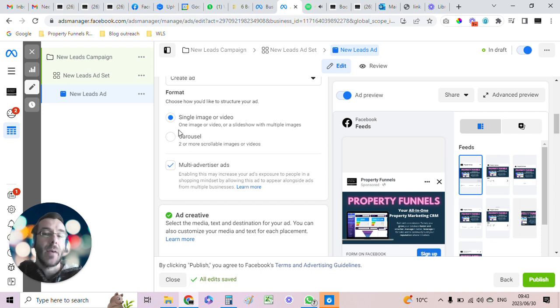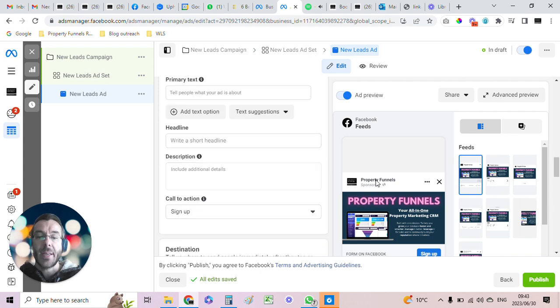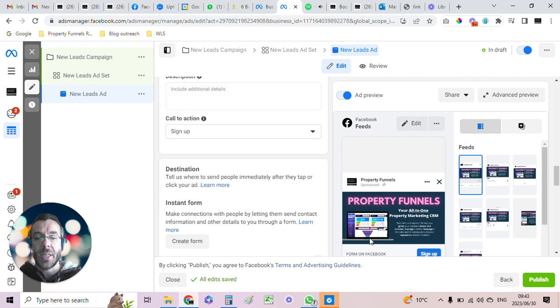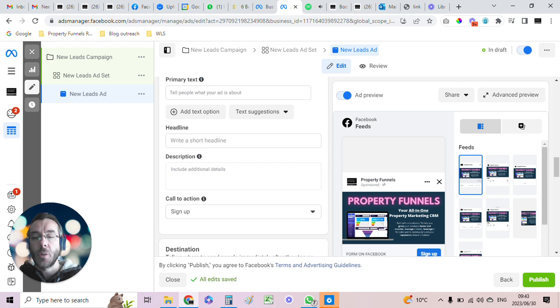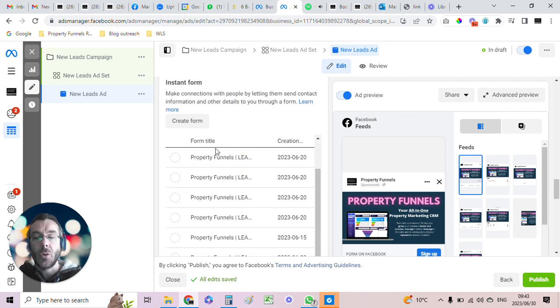For listing ads, carousel works really well because people can scroll through about 10 images to see the property. And then single image and video is obviously great for that single image that captures the attention and stops the scroll. Then, of course, you've got your primary text. So this is the text above the image. And then you've got a headline, which is the headline below the image. And then you've got the description, which is the link description as a further qualifier of what the headline is about. You can change the call to action, what they're going to click on,